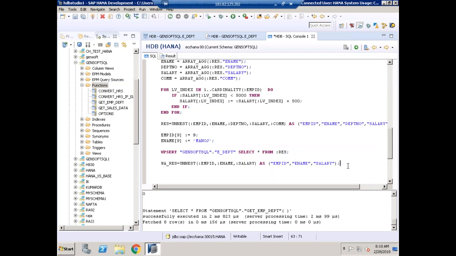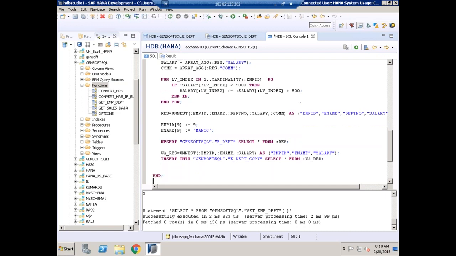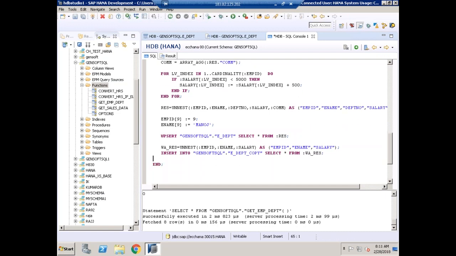Now I want to insert it. So I'll say insert into the new table, GenS of SQL dot e_department_copy. Here I can say select star from w_res. Done. Okay, so the understanding should be